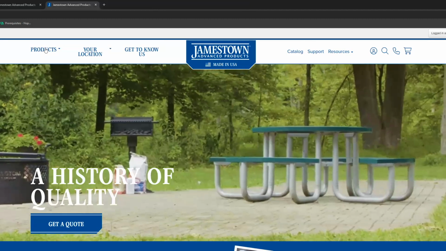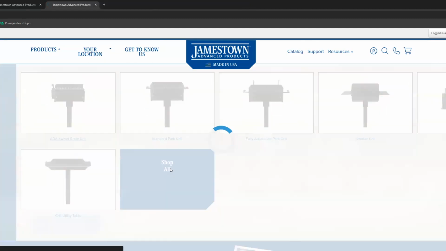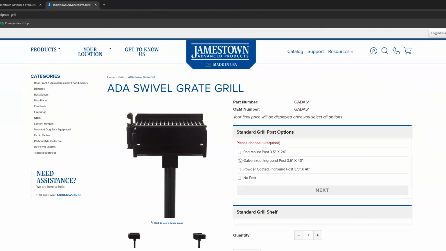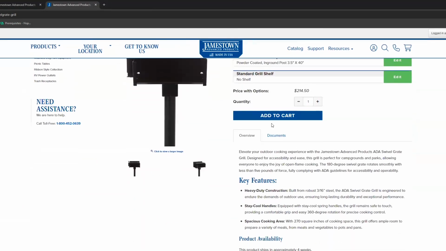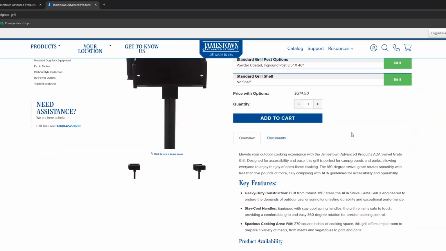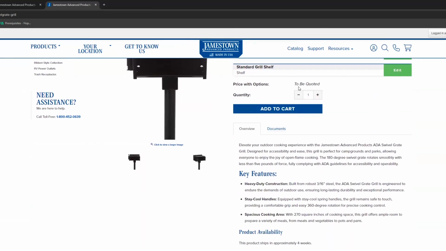So as a user, I can go into a product for sale. I'll grab one of these rails here. I can select different attributes on that product, and some attributes that are straightforward I will get a price for and be able to add to cart and check out like a normal sales order. But if there's something engineering related or complicated, I select another attribute here to see it flip me over to